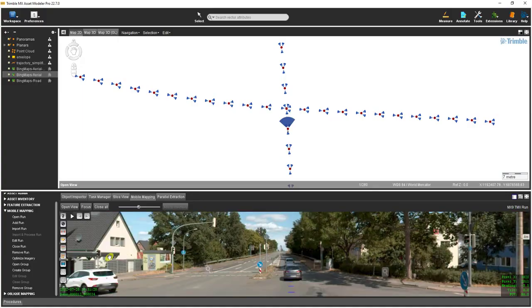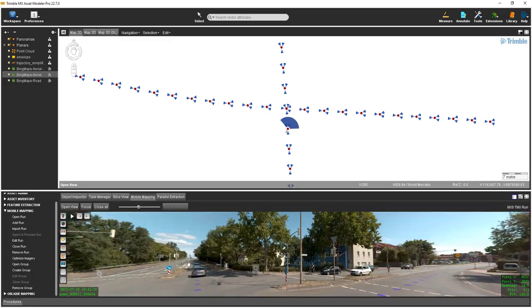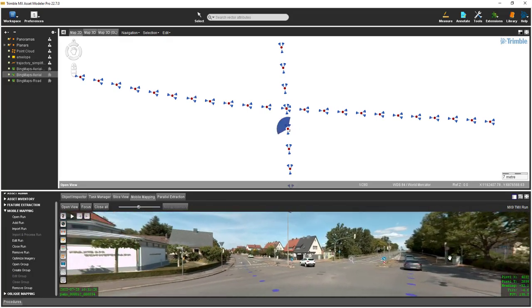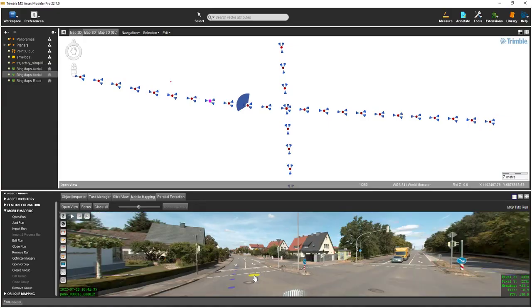button. To navigate in the mobile mapping view, zoom in and out by spinning the wheel on the mouse. To pan around, press and hold the right mouse button as you move the mouse. The blue discs that are visible in the mobile mapping view represent other camera positions. You can jump to another camera position simply by selecting a disc. Pressing the page up and page down keys on the keyboard will navigate through the trajectory, moving two images at